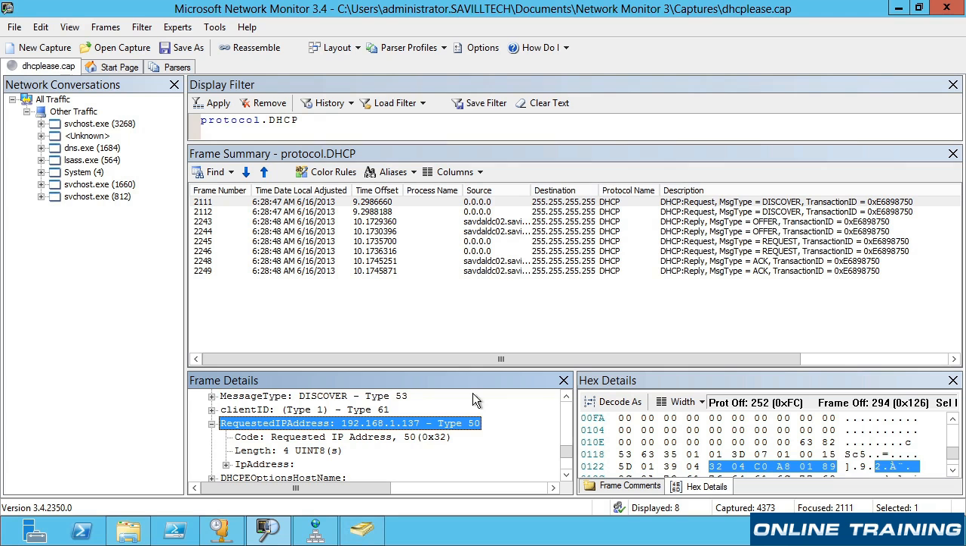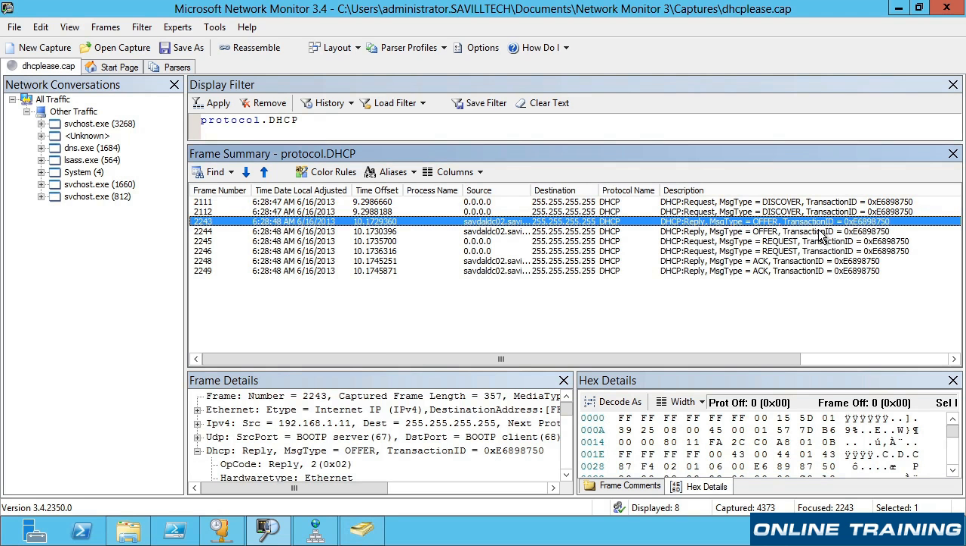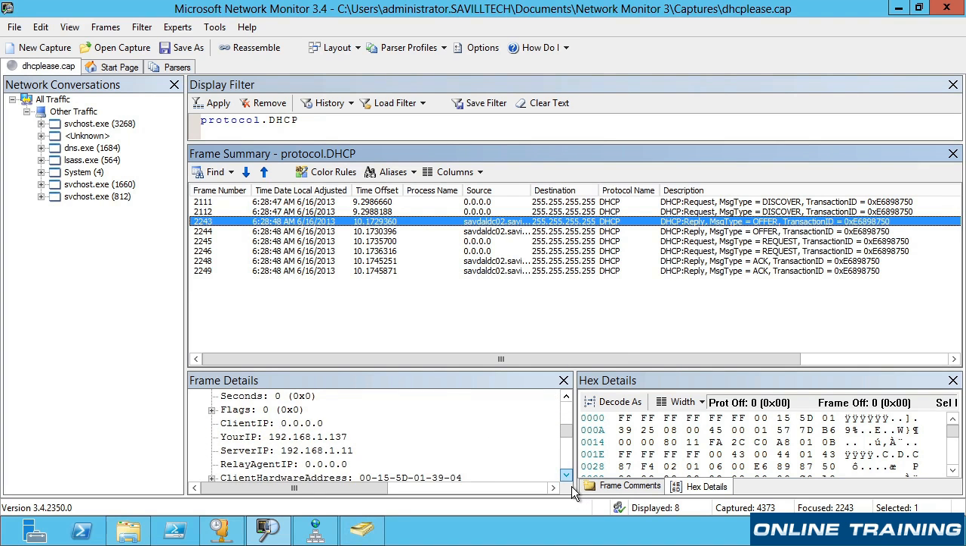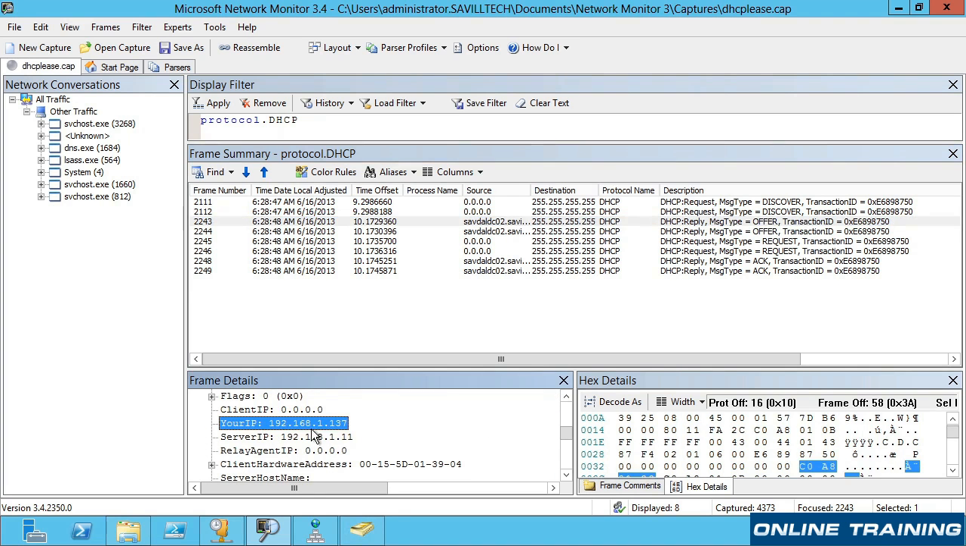I had this before. It then gets one or more offers from DHCP servers. So I can see that this was sent from one of my domain controllers, which are also my DHCP servers. And again, it's broadcasted out because there is no IP address yet for that machine, and it's replying, and it's an offer type. So this is saying, here's an offer of an IP address. And as part of that, I can see here's the IP address I'm actually offering you,